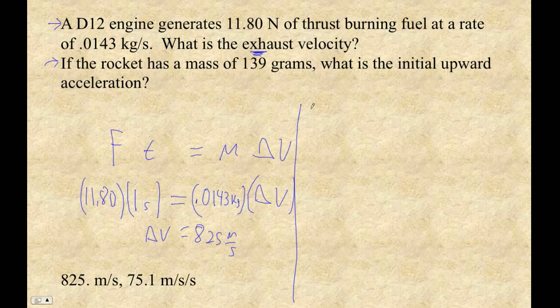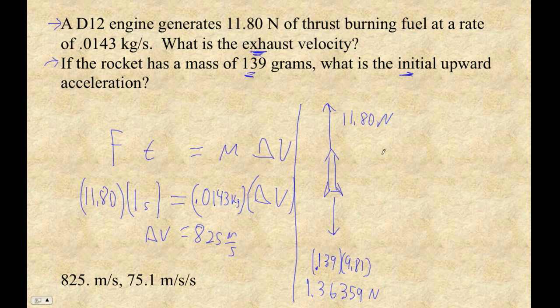The second part of this is if you've got the mass, what's its initial upward acceleration? Well, assuming this is taking off from Earth, we now have a rocket. Gotta put the fins on it, right? The force up is 11.80 newtons, right? The force down is going to be the weight of the rocket, right? So 0.139 times 9.81. The force down is 1.36359